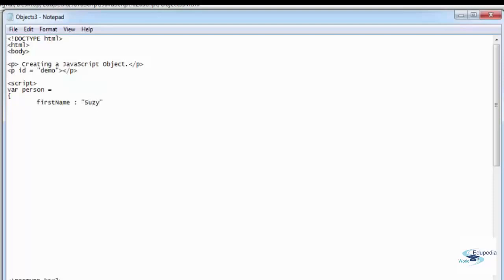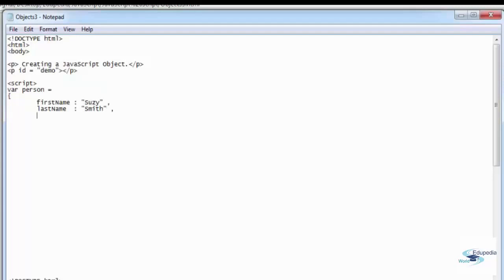There's a different way I'm going to write it down, but it doesn't matter how you write it as long as the syntax is correct. Comma, hit enter, tab, last name is Smith again, and comma,